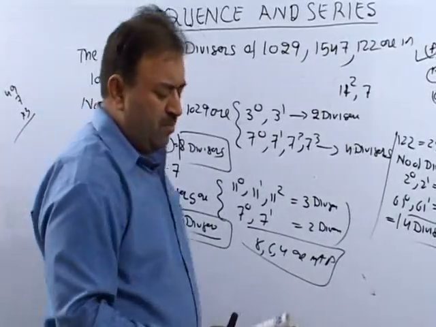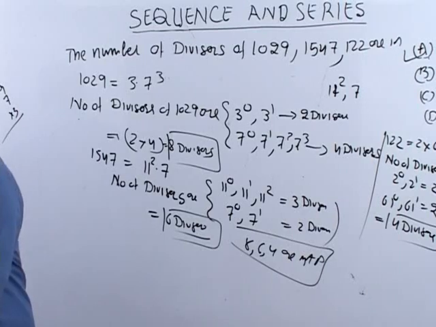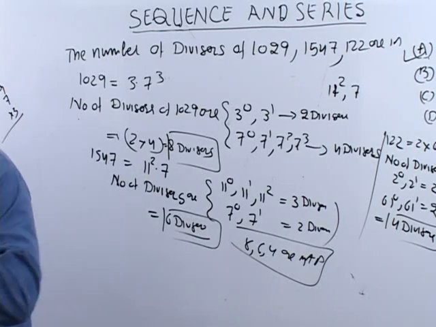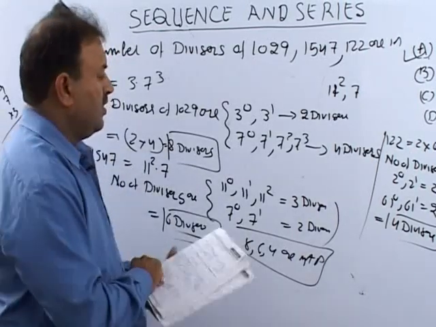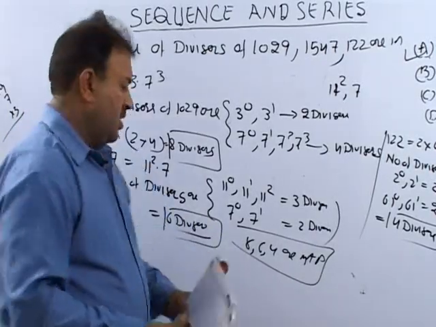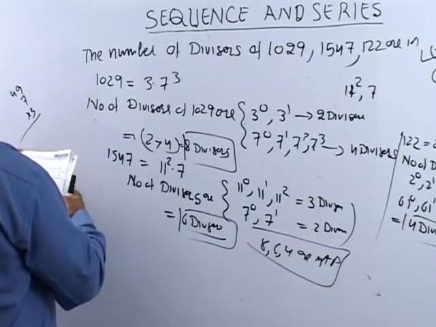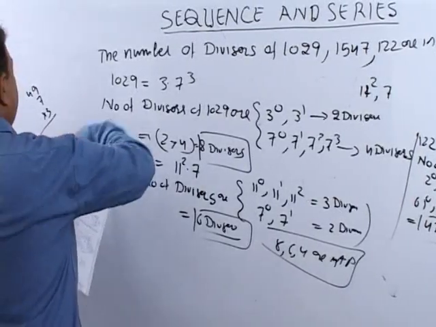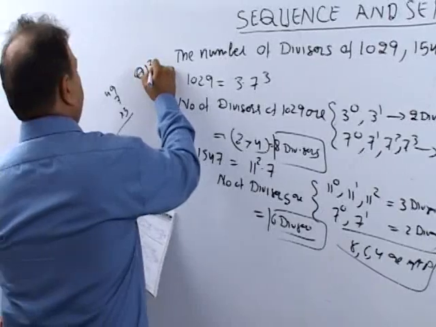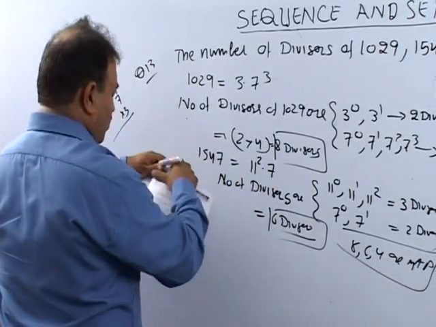Next problem of our booklet is regarding common terms of two series. The question we just did was question number 13. The one we are going to do now is question number 18.